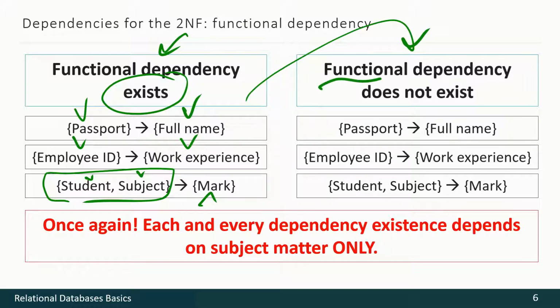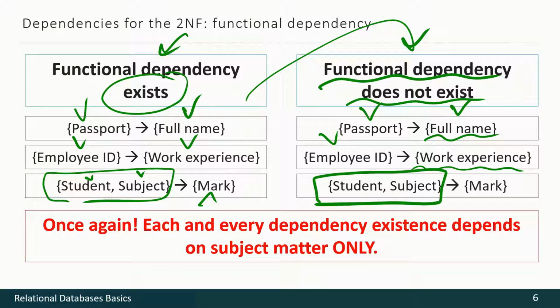Here is the situation when functional dependency does not exist. For instance, for one passport we may have several names in case a person changes his name. For one employee ID, we may have several work experiences, for instance, in different areas of expertise. For one combination of student and subject, we may have several marks in case of several attempts to pass an